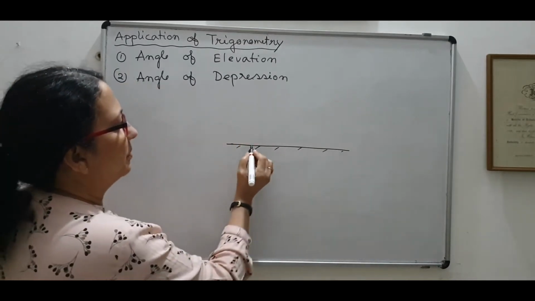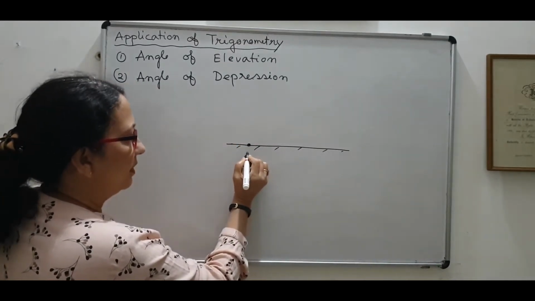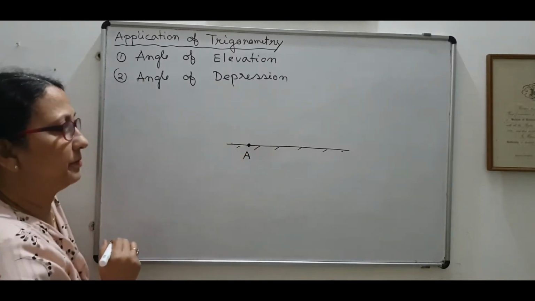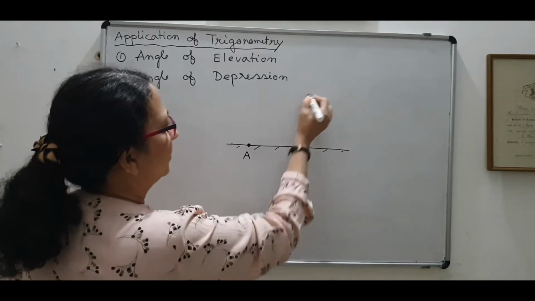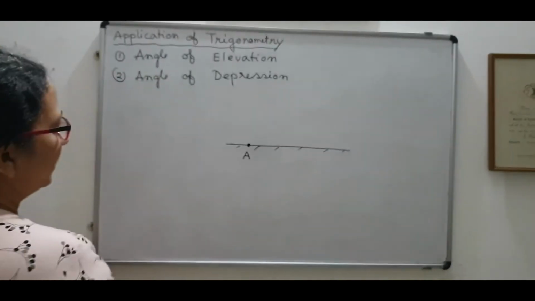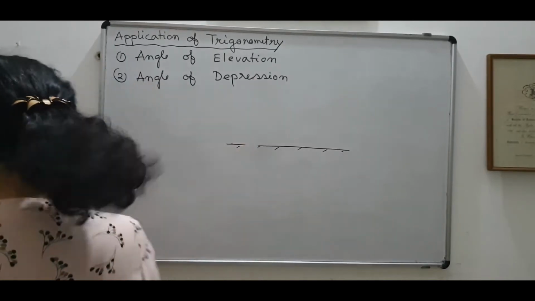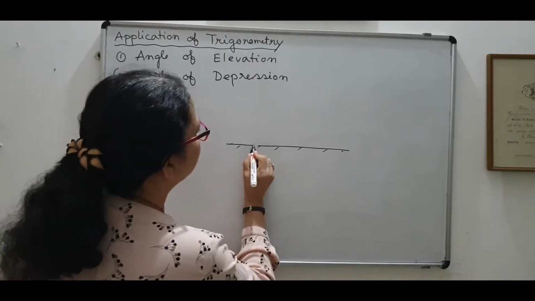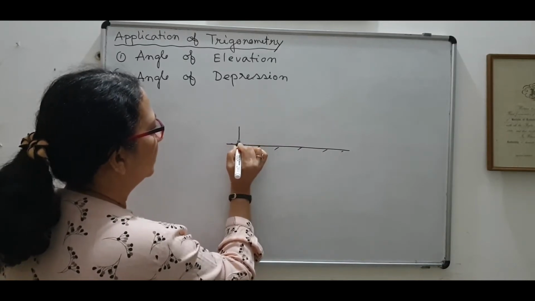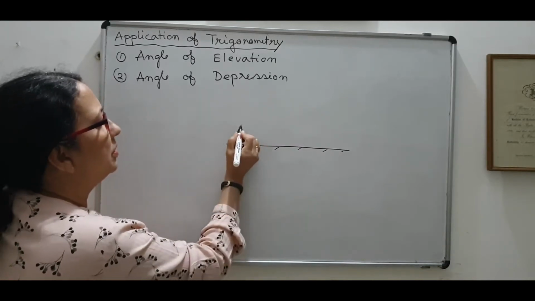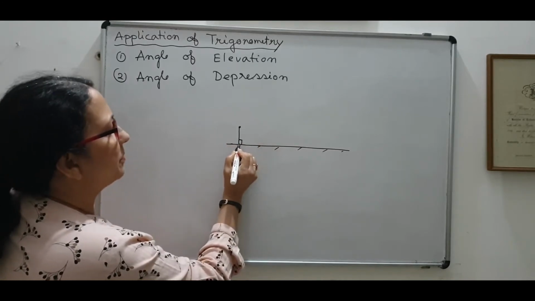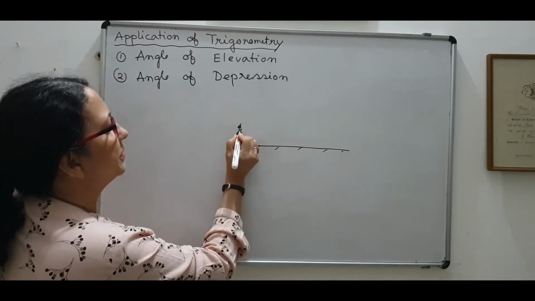and some observer is at this point, say at the point A, some observer is here, and so let me write one more thing. It will be better if I do it this way. This, if I write it, is a ground level, no? So some observer, suppose a person, this much is tall. So here is the observer, but his eye is here.